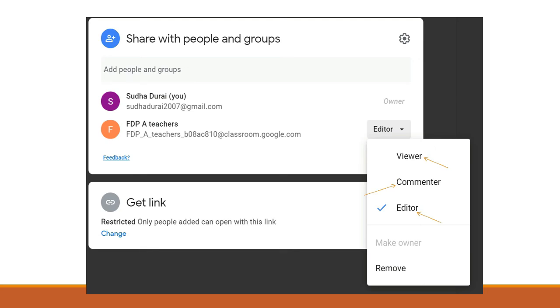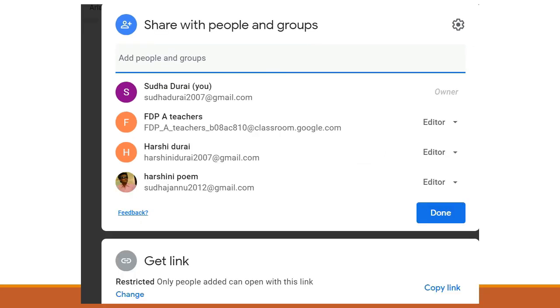If you select viewer, they can neither edit nor comment, they can just view whatever you have shared. Let's always create innovative lessons using Google Document.